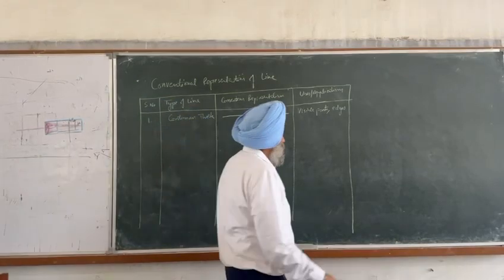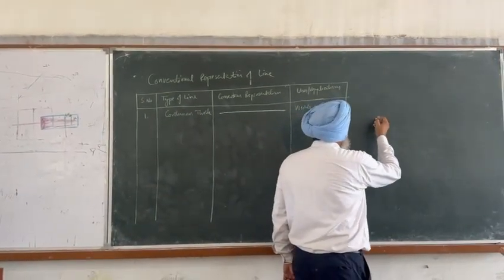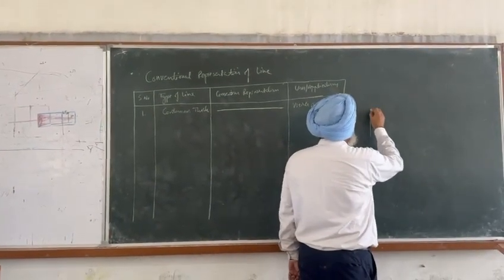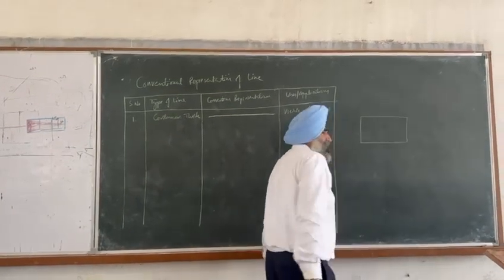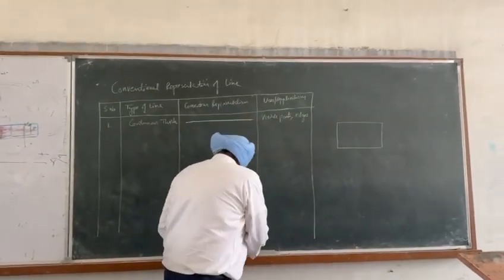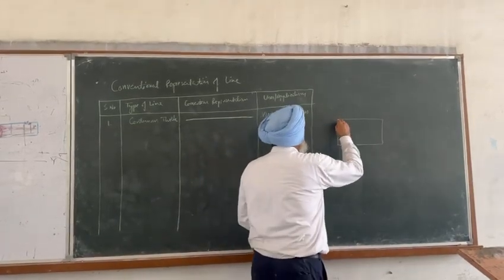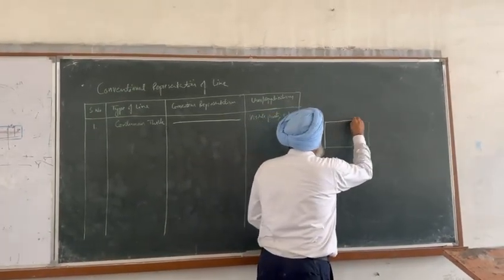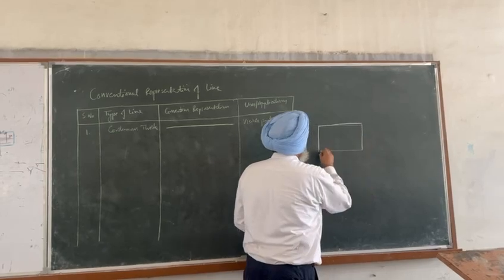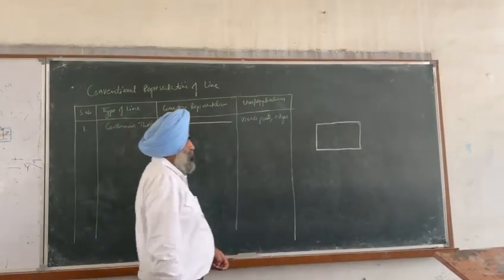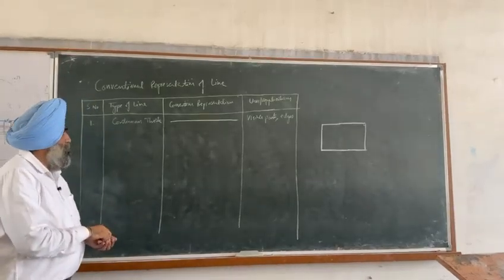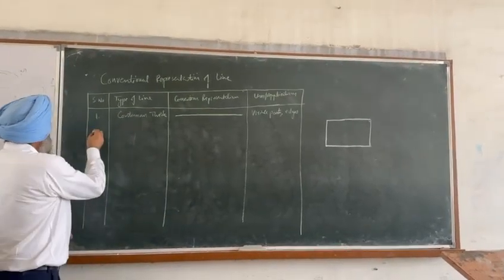Let me show you one application of that one. Maybe we are having this object. This is the rectangular surface, this outer one. This is the continuous thick, because these are the lines which are important. The second category of line is